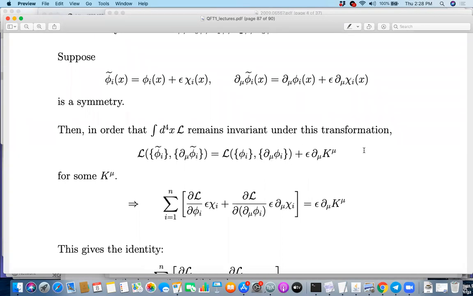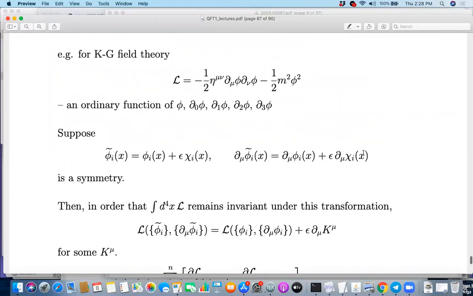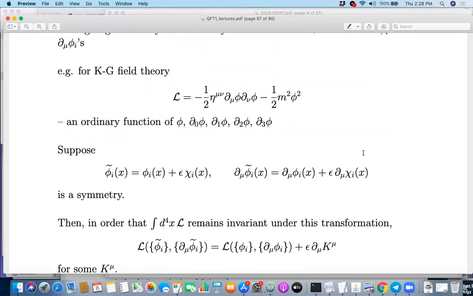But there can be a total derivative added to it. Because we are talking about the first order variation, the difference between these two should be of order epsilon; I have put an explicit epsilon here. But because we only need that the integral of this should be equal to the integral of this, we can allow for a total derivative term because its integral will be 0. And this is the most general term we can add. Is this point clear? Question or confusion?